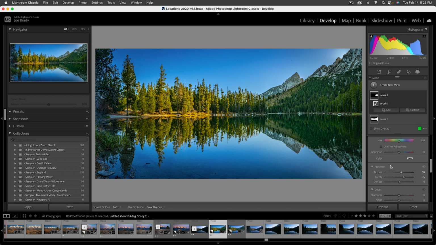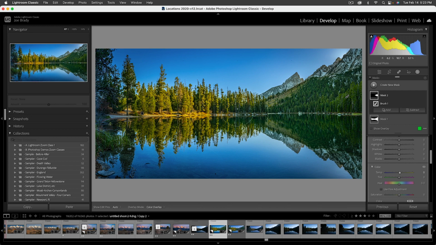Color-wise, is it a little too blue? Let's come down, or up rather. Let's add a little bit of yellow back into it. Let's see how much we can get away with before it doesn't look right. They should be slightly blue because they are in shade. And as I'm looking at it, I'm still thinking that these trees over here are maybe a little bit too